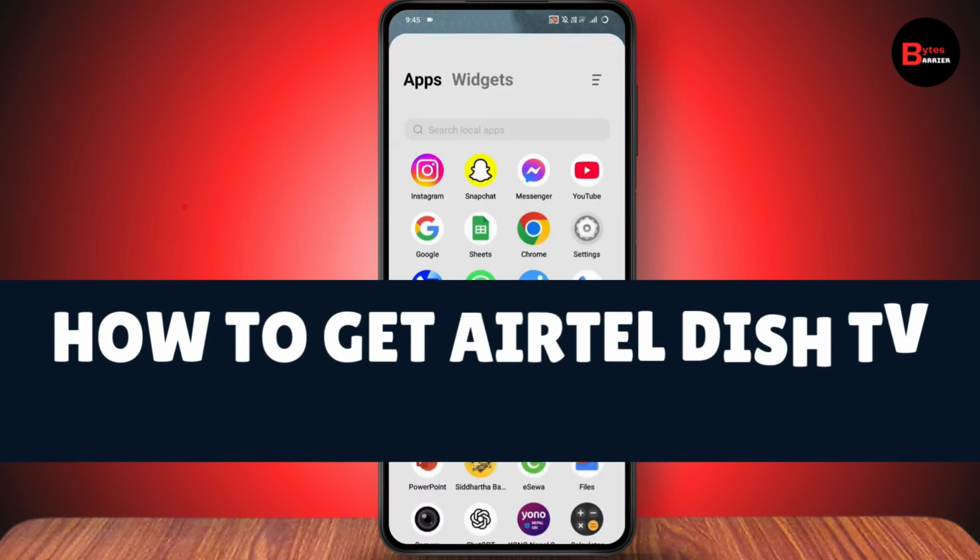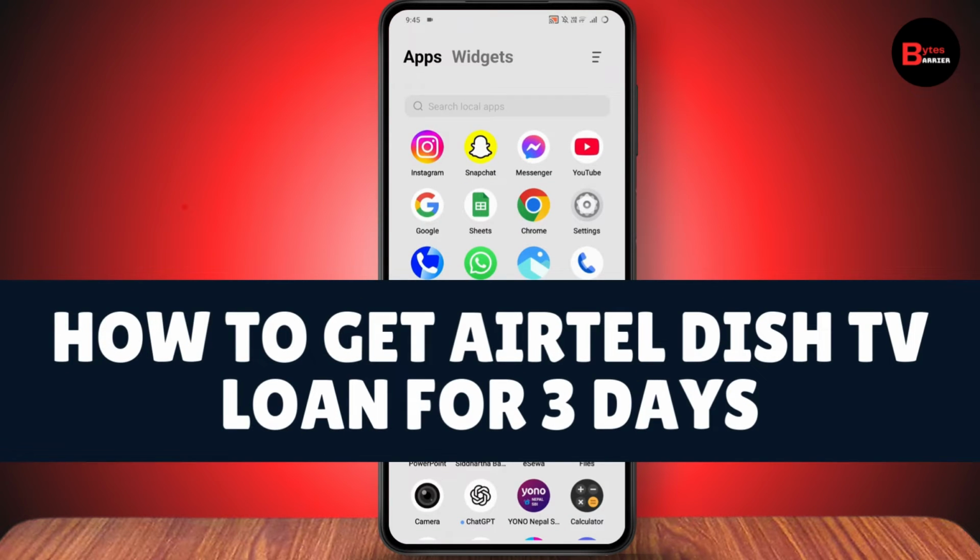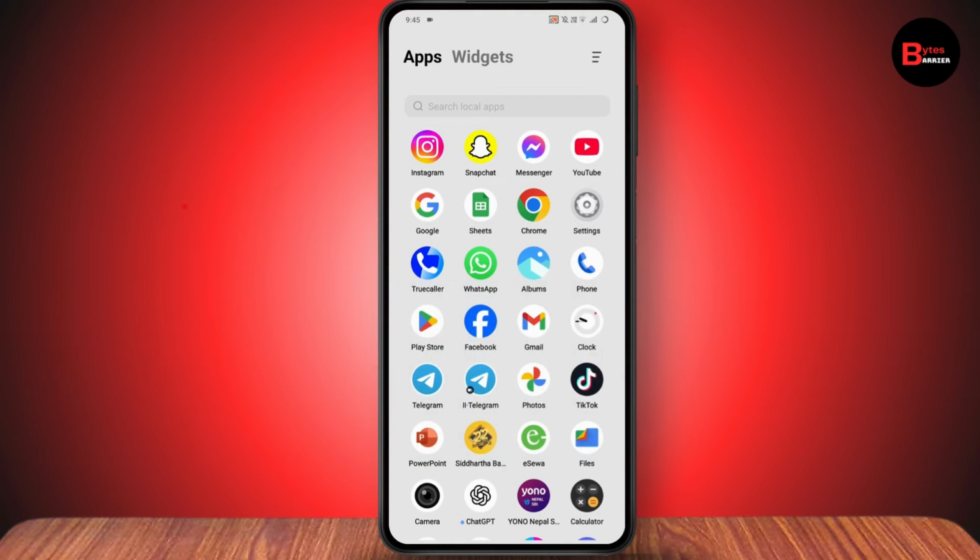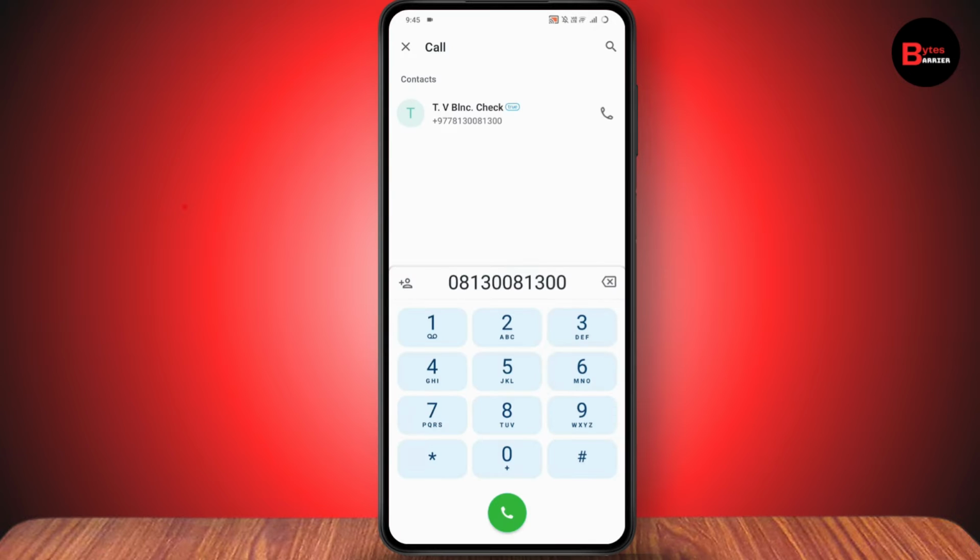How to get Airtel Dish TV loan for 3 days. So if you want to get Airtel Dish TV loan for 3 days, then here are some steps. What you need to do is you need to just go with your phone, and on your dial pad you just need simply enter